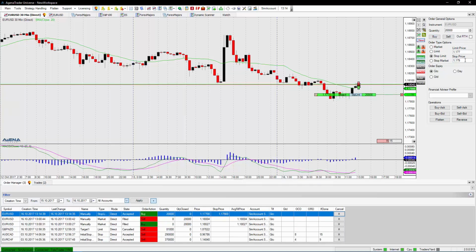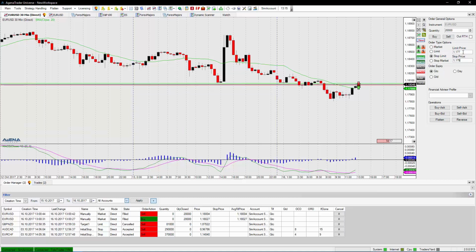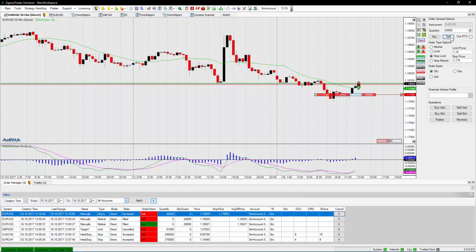Let's also create a stop limit sell order. So I'm adding a price, let's say also below the market price, the current one. I'm setting the stop price for my sell order to 1.179 and the limit price to 1.18. So in this scenario, when the stop price is getting triggered, it places a limit order at